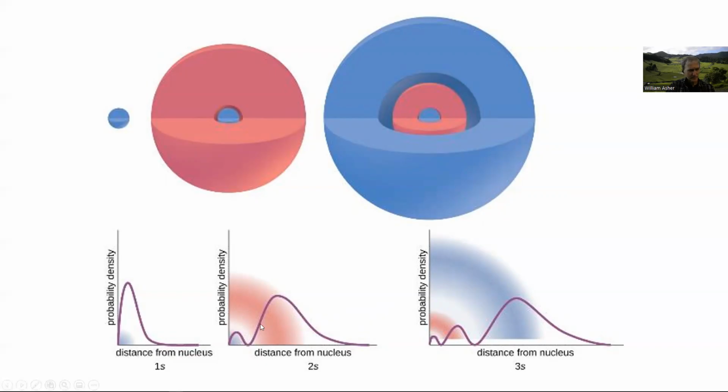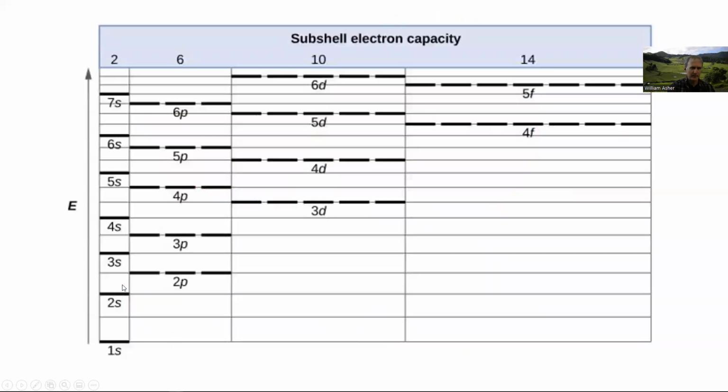So that's what's going on with these orbitals, is that the electrons move farther and farther away from the nucleus, and these orbitals all have different shapes. And it also turns out that these s orbitals, which are spherically symmetric, have the lowest energy of all the other orbitals. And so here we're plotting the energy of these orbitals, meaning how close they are to the nucleus